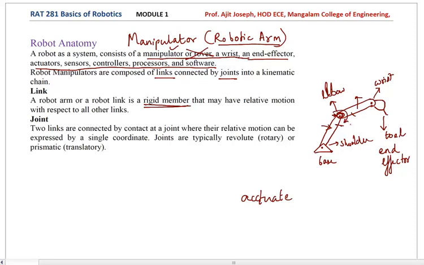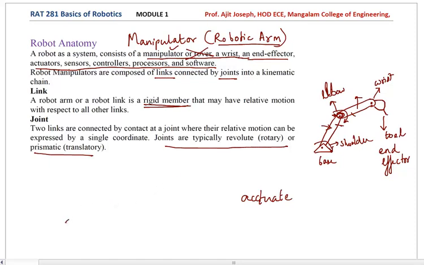Sometimes there may not be a motor there, it might be just a simple joint, and with the movement of one of the joints the other joint is moving. Okay, so there can be actuated and non-actuated joints. Anyway, most of the joints that we are generally talking of will have either a revolute, or what is called rotary, movement, or a translatory movement, which is also called prismatic. Okay, so the joint may be either a revolute joint or a prismatic joint.